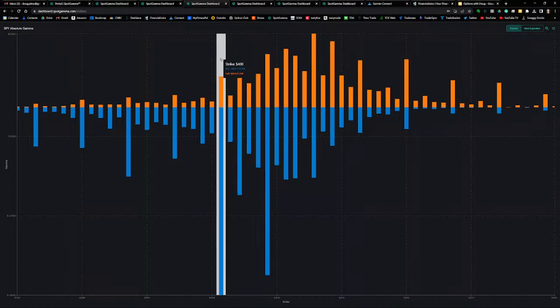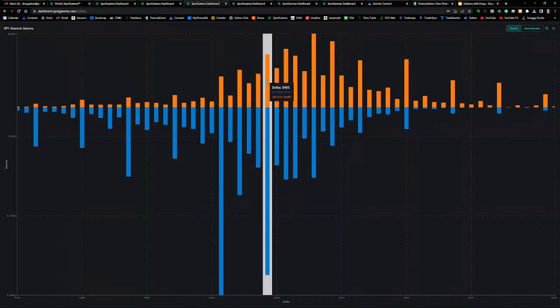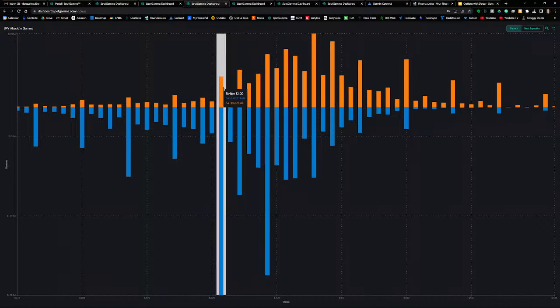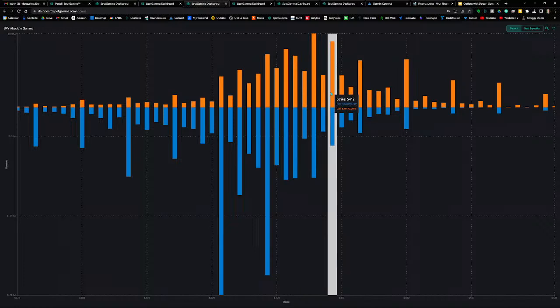And by the way, I forgot to mention, this chart is showing positive gamma or call gamma above the zero line. That's the orange bars. And the blue bars are showing negative gamma or put gamma below the zero line. So call gamma or positive gamma with the orange bars, and negative gamma or put gamma with the blue bars. And these are market makers' positions at these strikes. So there's the key gamma strike at 405, the put wall, there's the floor, and then the call wall is at 412. And that's right here, the strike with the largest net positive gamma.